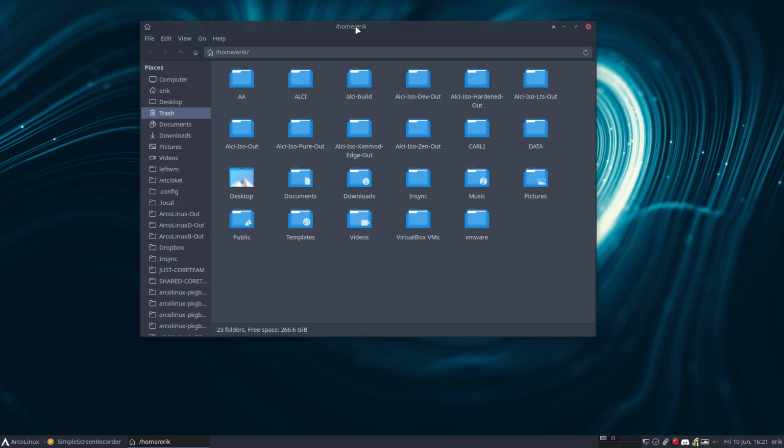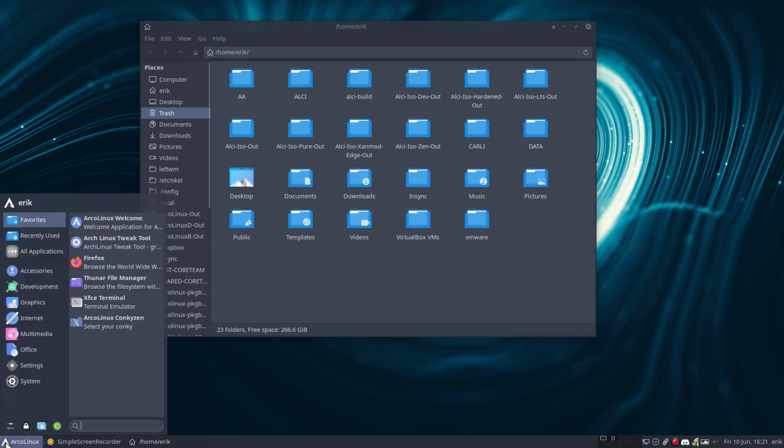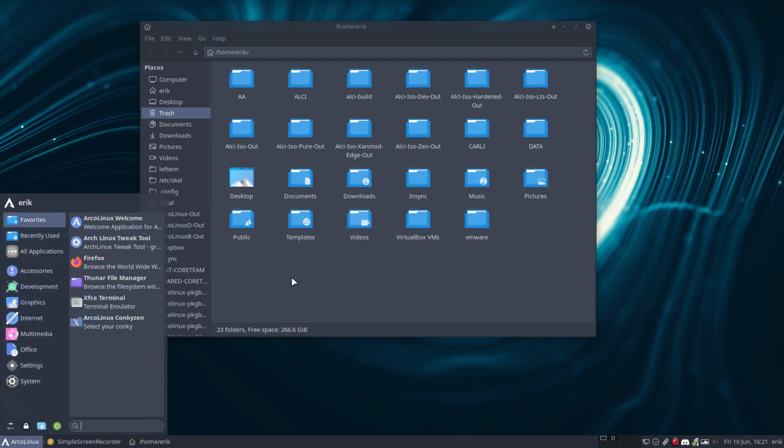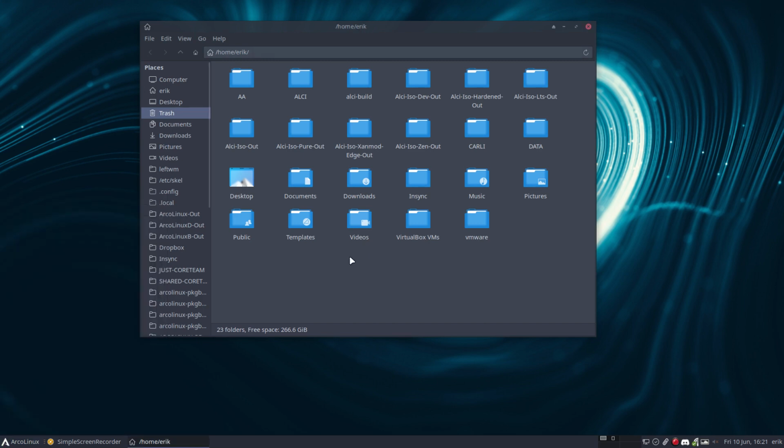ALCI, Ariser, ArcoLinux, Carly, Garuda, EndeavourOS. We all use the Calamares installer. This is the ISO that just updated and used the Fluent icon theme, and we're going to make a new ISO. So the ALCI project,